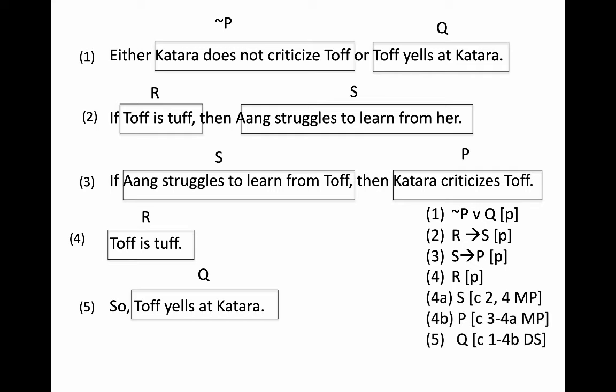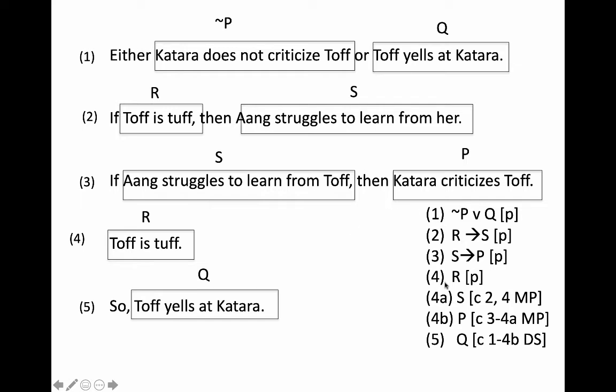So how did I get P? Well, 3 says S then P, and 4a says S, so that tells me P. Now I take P and I stick that back into the very first one, not P or Q, and that gives me Q. So what I want you to see here is sometimes you might want to just list out